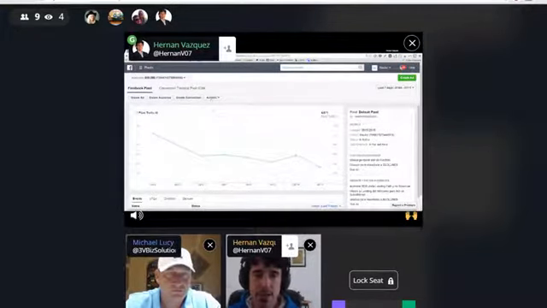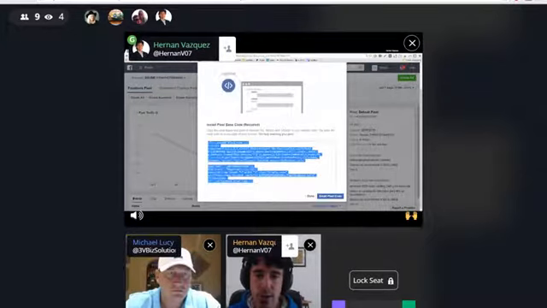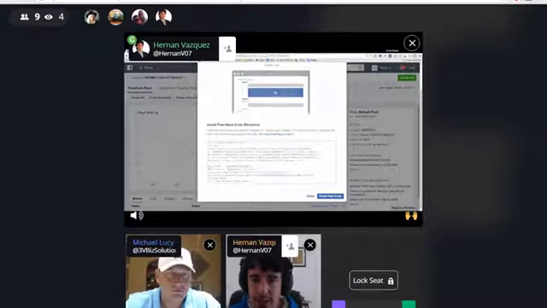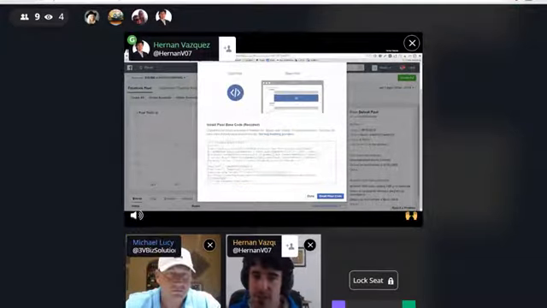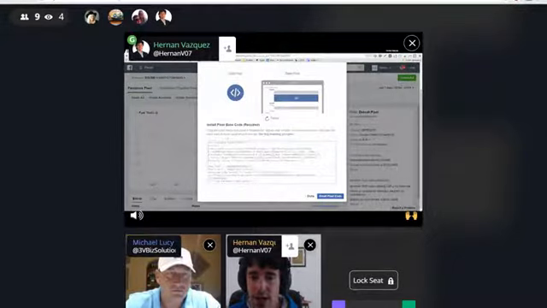Here you want to go to actions and view the pixel code. This is the code that you want to copy and install on the header of all of your pages. When you're starting out, just grab this and paste it on the header of all of your pages of your website.